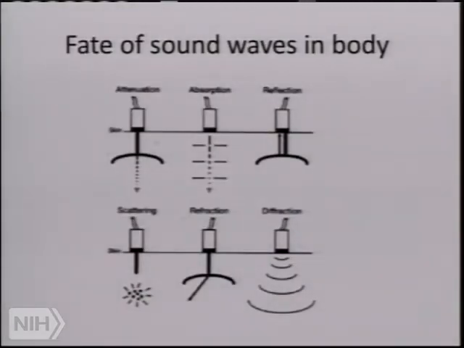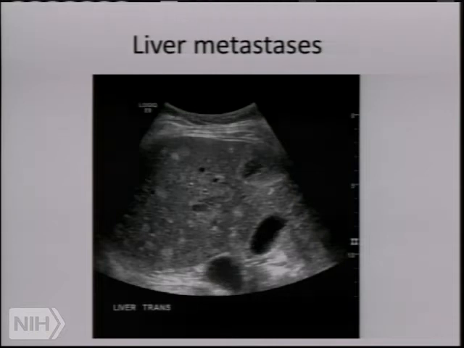And there are all kinds of things that can happen. So you can have something in the tissue that attenuates the sound, so nothing comes back. It absorbs, it reflects, like we just said. It scatters. The sound goes in all different directions, depending on the structure. It can refract, depending on the speed of sound, or diffract, just like optics. And so it becomes a very useful technique.